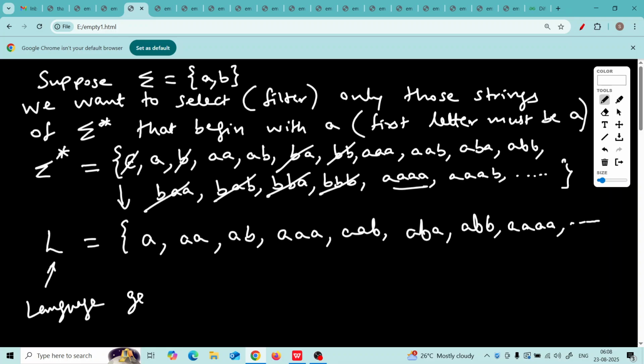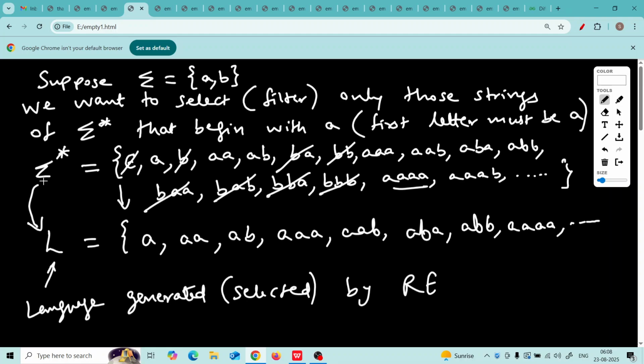Language generated, or you may say selected, by regular expression. And regular expression was first letter should be A. So from this big infinite set, we are getting another set which contains only those strings which follow the rule.